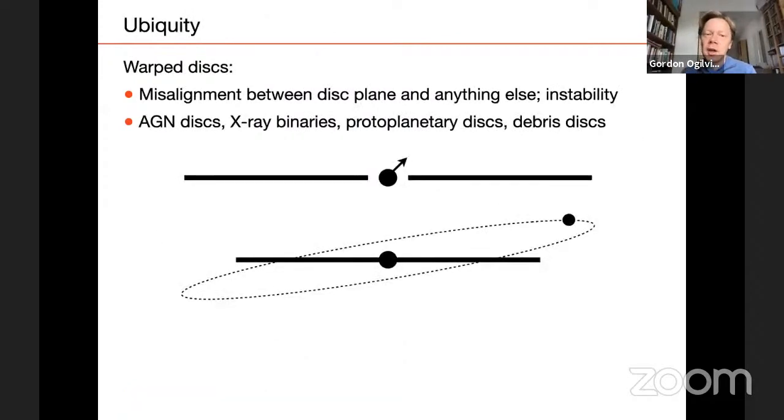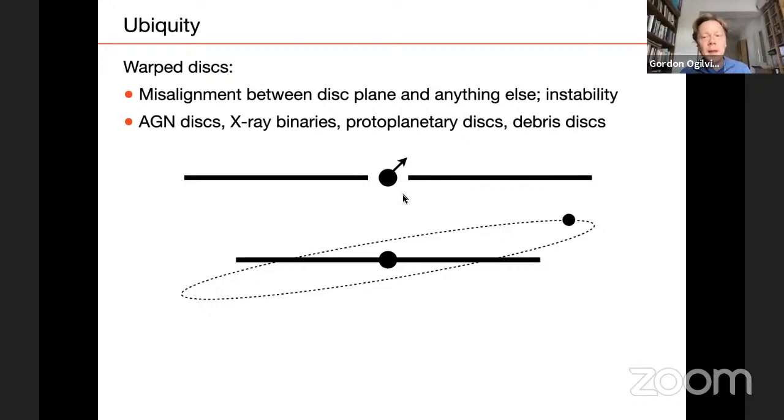So, do these actually occur? Certainly, there's a lot of evidence and a lot of theoretical reasoning as well for considering warped and eccentric disks. A disk can be expected to be warped basically whenever there's a misalignment between the original plane of the disk and almost anything else in the system. So a classic problem investigated since the 1970s is where a disk has formed in a certain plane around a black hole, but the spin axis of the black hole is not perpendicular to the disk plane.